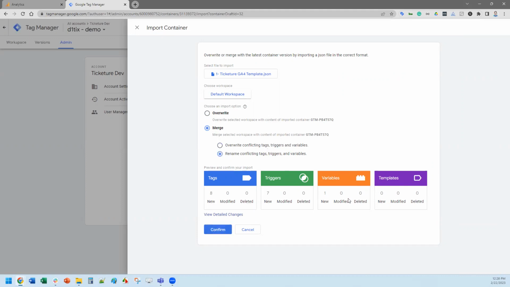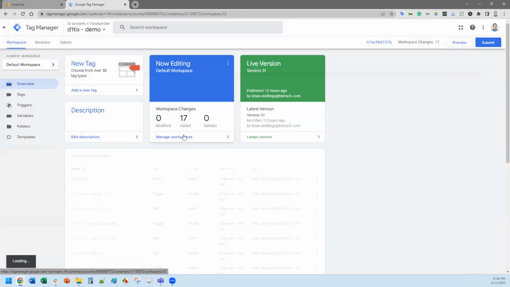It gives you a summary down here. This is my last minute check before you see, hey, I want to delete some stuff. Especially if you say overwrite and you import an existing container and you don't merge, it will delete everything that's already in it because it thinks that container is replacing that one. So be careful with that as you go through that process. This looks right to me, so I'm going to go ahead and click on confirm.